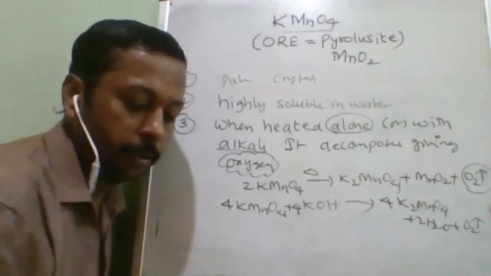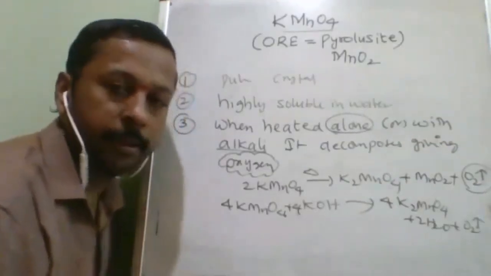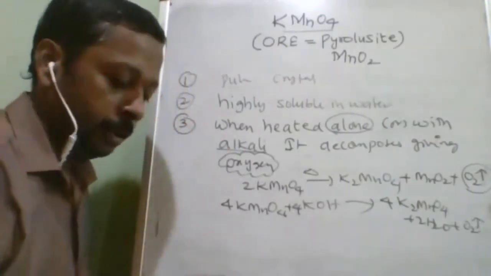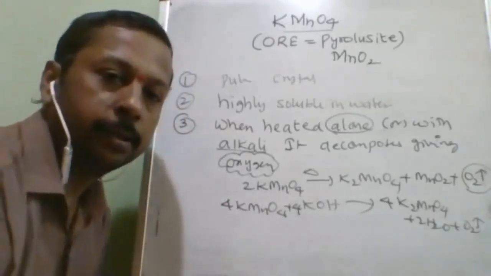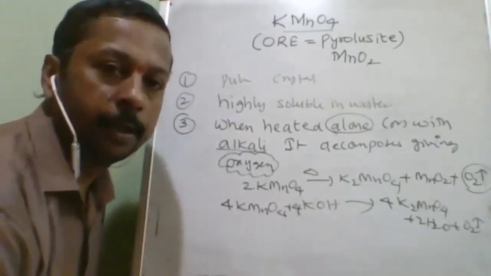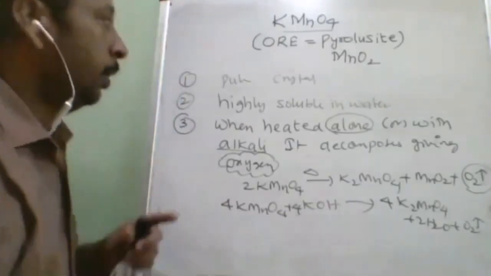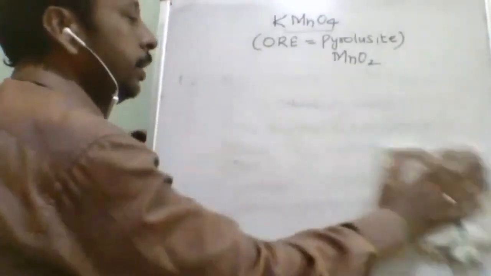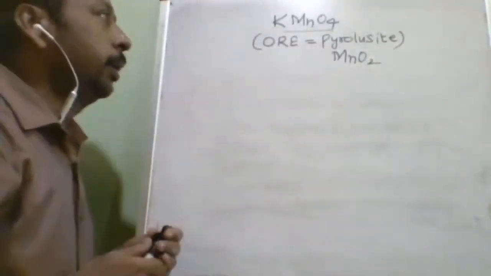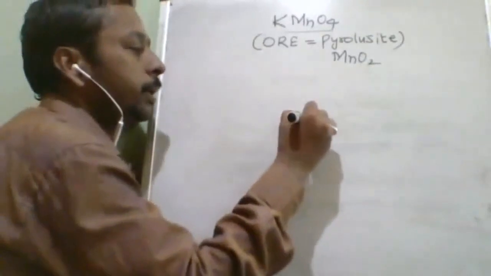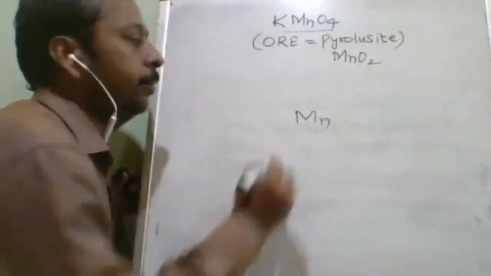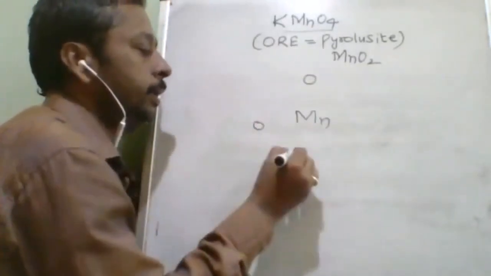In the preparation of oxygen also we have studied that it is an oxygen rich compound, used in the lab preparation. Okay, up to here I think it is clear. Now we will study some structural characteristic properties, the properties due to the structure in KMnO4. Here the central element must be manganese, and manganese is associated with 4 oxygen.